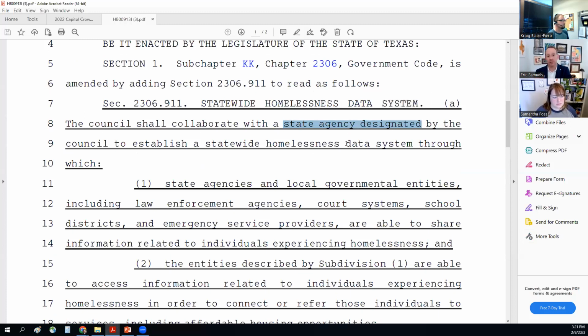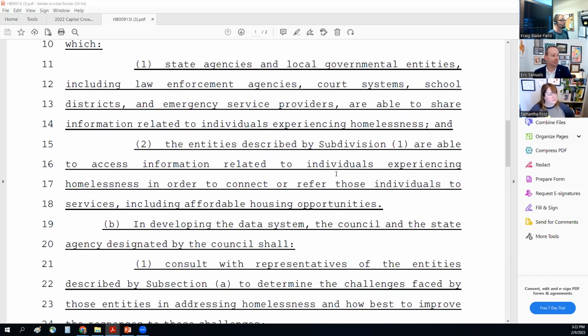Texas Homeless Network operates the current data sharing network, and we collaborate with 9 of the 11 COCs on this. If we took this language at face value, that would mean a state agency like HHSC or TDHCA would be the coordinating body for this instead of that, which we don't want as an agency, but after talking to our COC leads, we know they don't want that either. That's just one thing. There's some other things on there, but